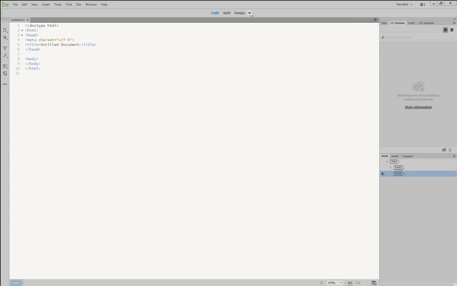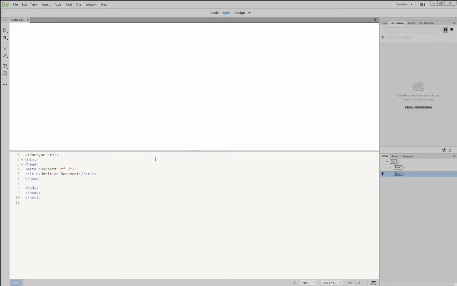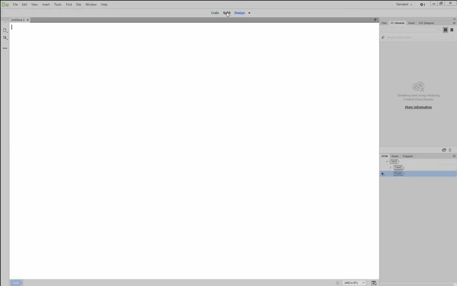Up the top, pretty much the same as it always is: Split View, Code View, and Design View. Code View being the one where you just see the code, Split View where you see both, Design where you just see design. One thing that they've done straight away is they've taken away the properties pane,